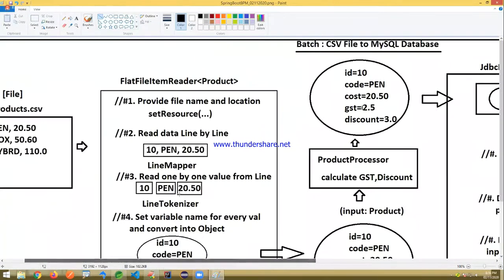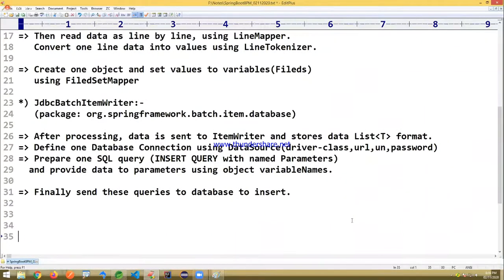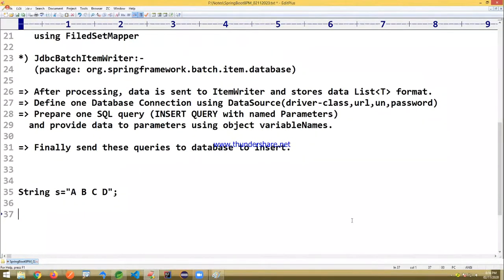Tokenizer, general meaning: tokenizing means dividing the data into individual values. For example, if you know a string S is equal to A space B space C space D, after tokenizing, A is a string, B is a string, C is a string, D is a string.